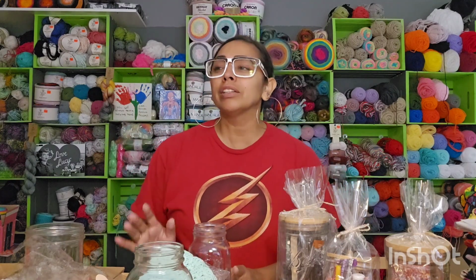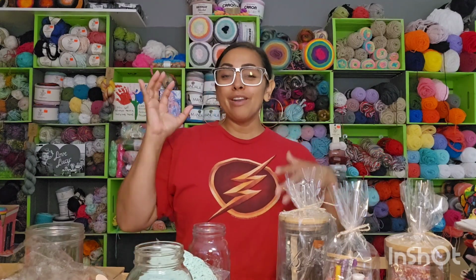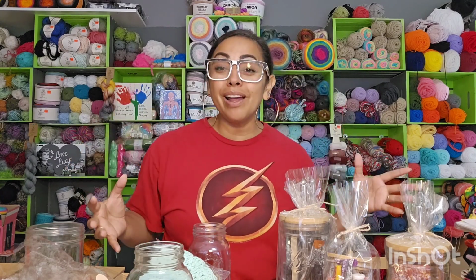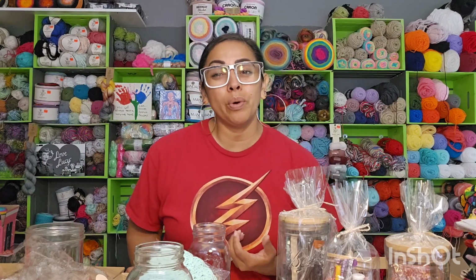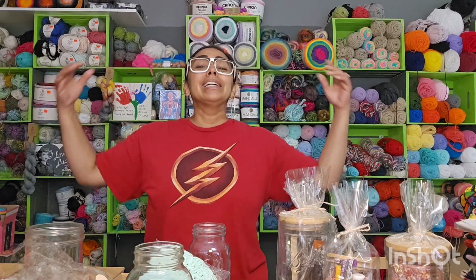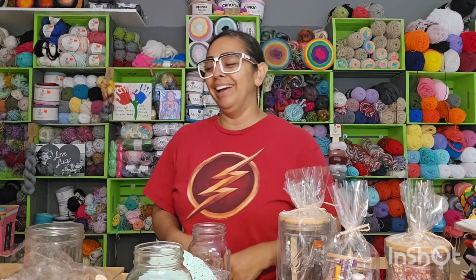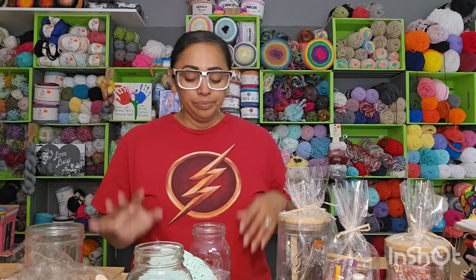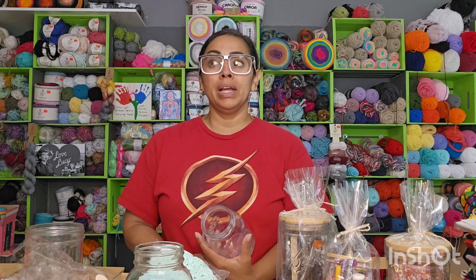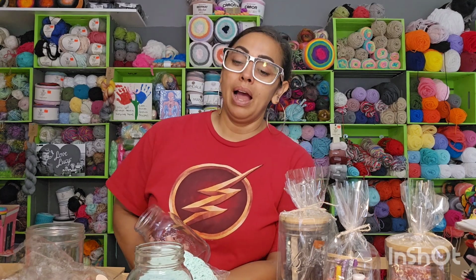Focus. So I walked into Dollar General, and right in front of me, I saw a case of mason jars. And not just any case of mason jars, 24-ounce mason jars, which is the ones that I wanted. It was a pack of 12, and I asked them how much it was because there was no price on it. It was $12. I was like, sold, give it to me. So I purchased it,